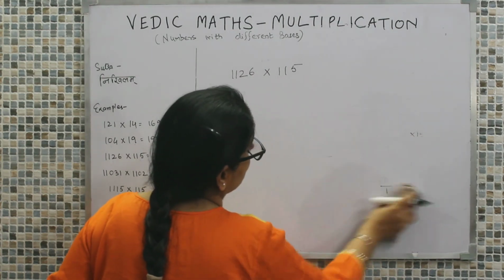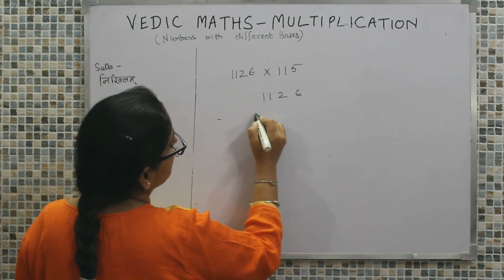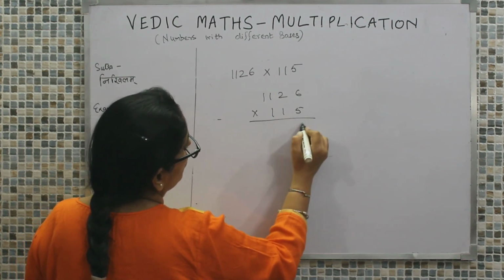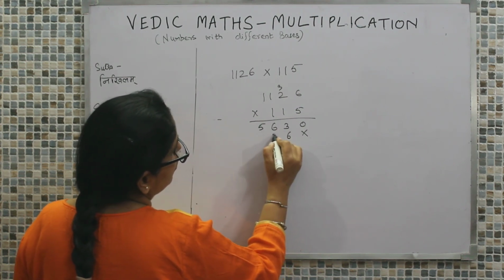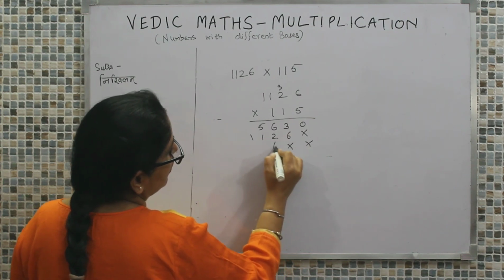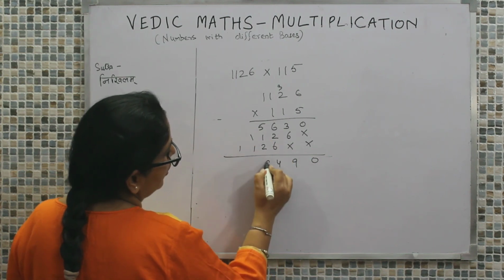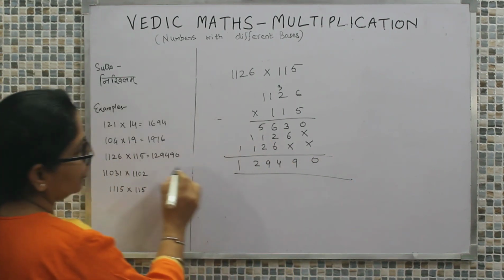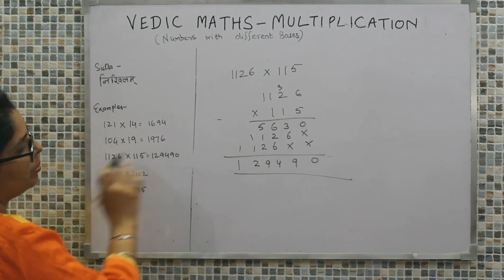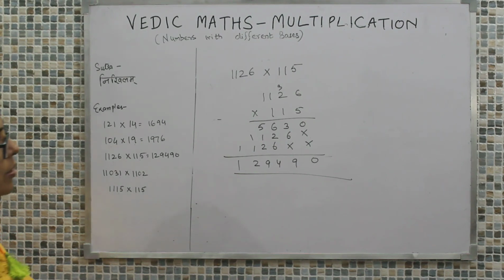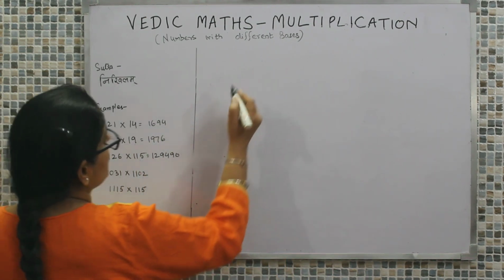And if we go by the traditional method, we had 1126 into 115, so that was 30 and 13 and 6, and this 6211, 6211, 5, 6, 7, 8, 1, 9 and 2 and 3. The answer is perfectly right. We have 129490. See how lengthy it is, and comparatively using the approach we have discussed, it is easier.